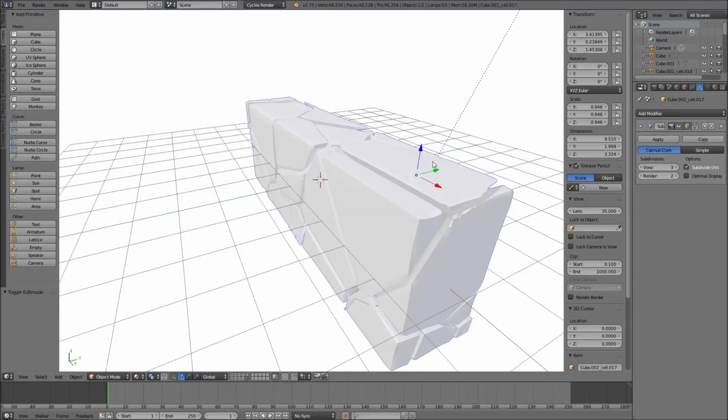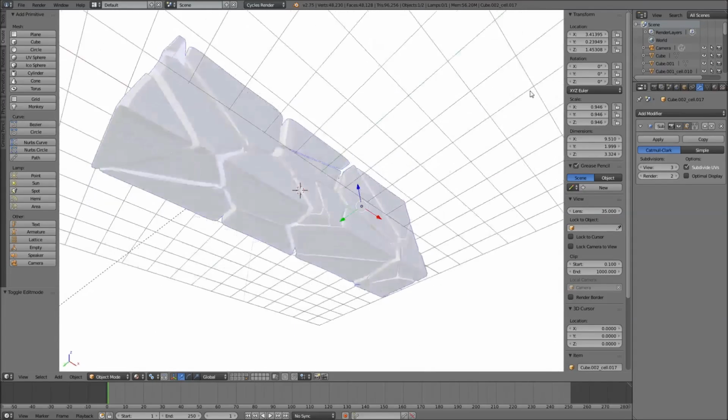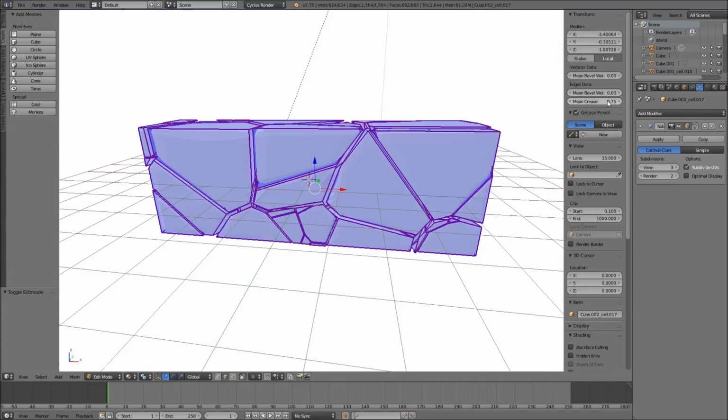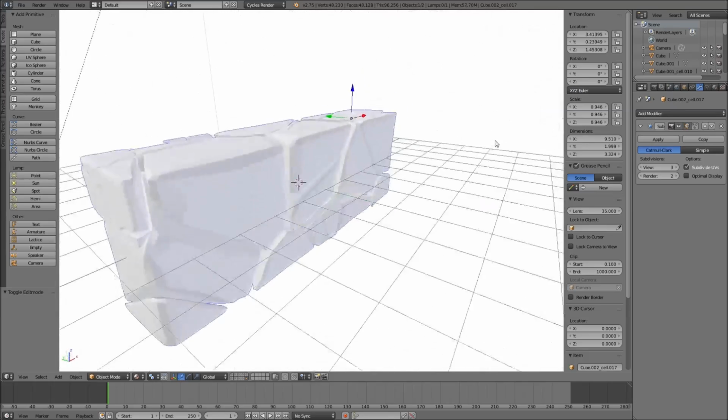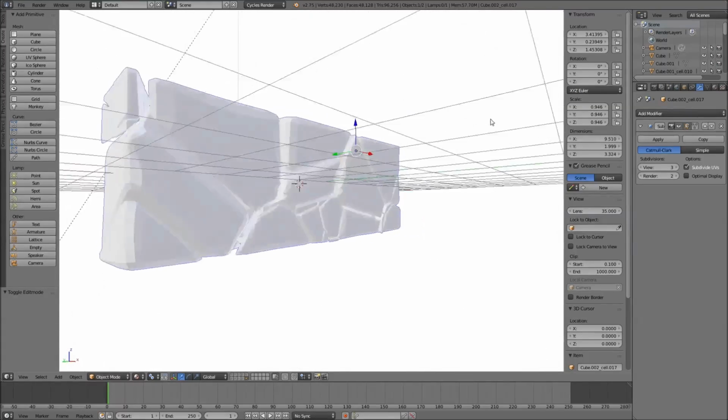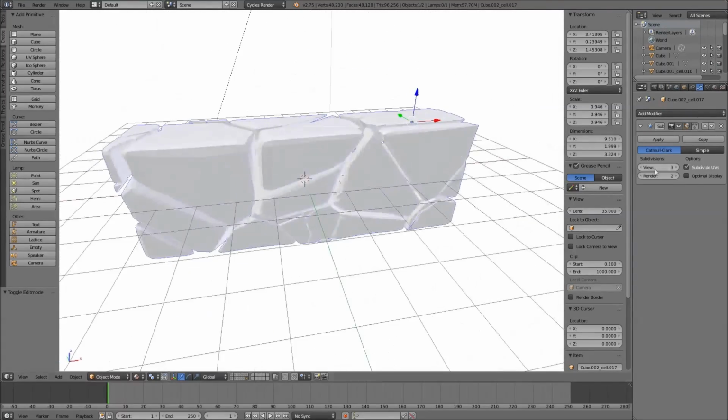Maybe increase this as well. Oh, maybe a bit less. Like 0.6 should work fine. Yeah, that should work. Then hit apply